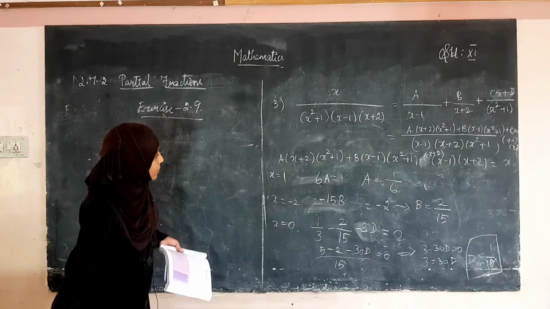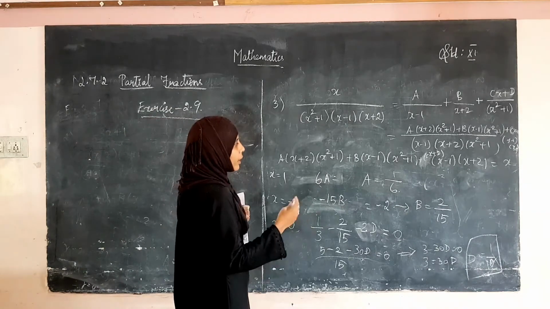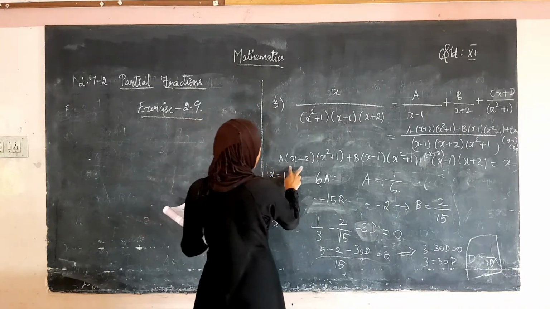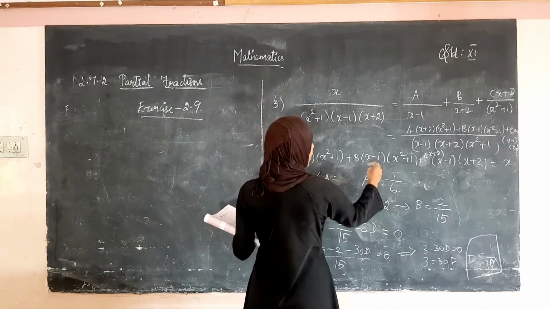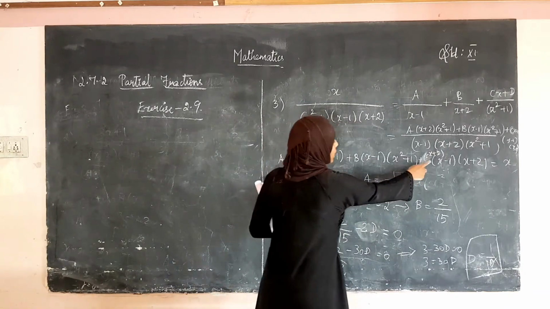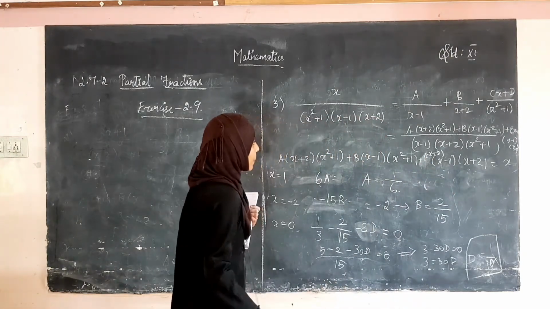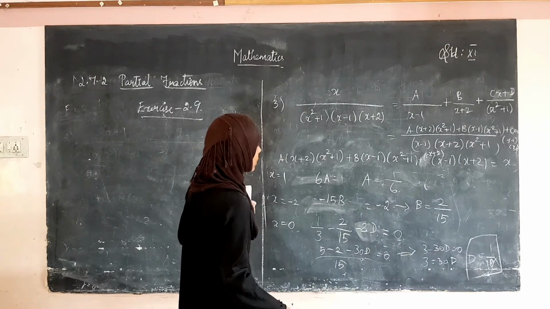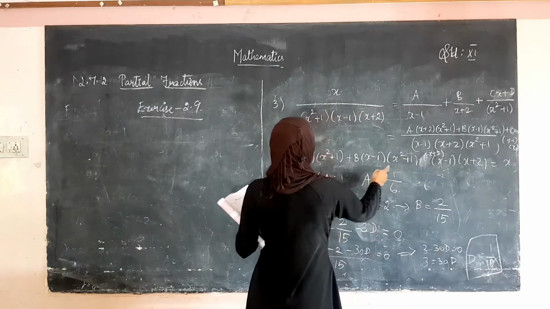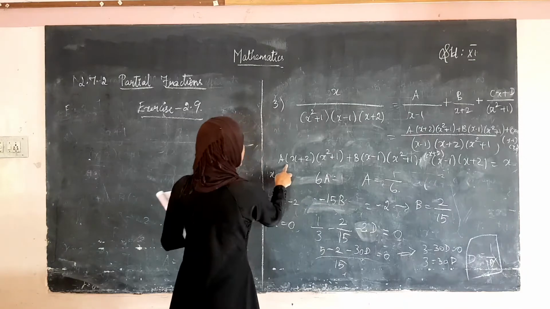Okay, see here. Now, shall we equate the coefficient of x power 4. Okay, here we have x cube only, here also we have x cube. So, here x power 4 is x square into x. So, here also x cube only, right? This is x square plus 1. x cube, x cube. So, then shall we equate the coefficient of x cube in this term?